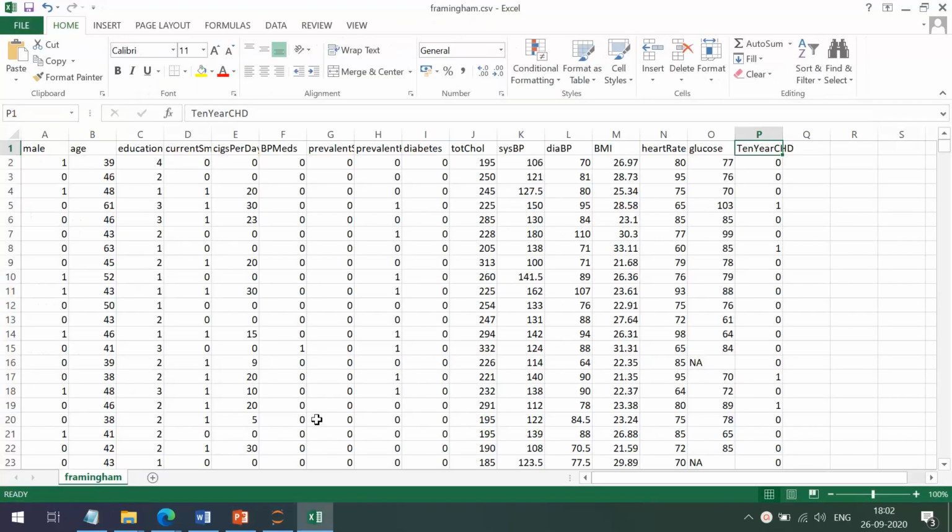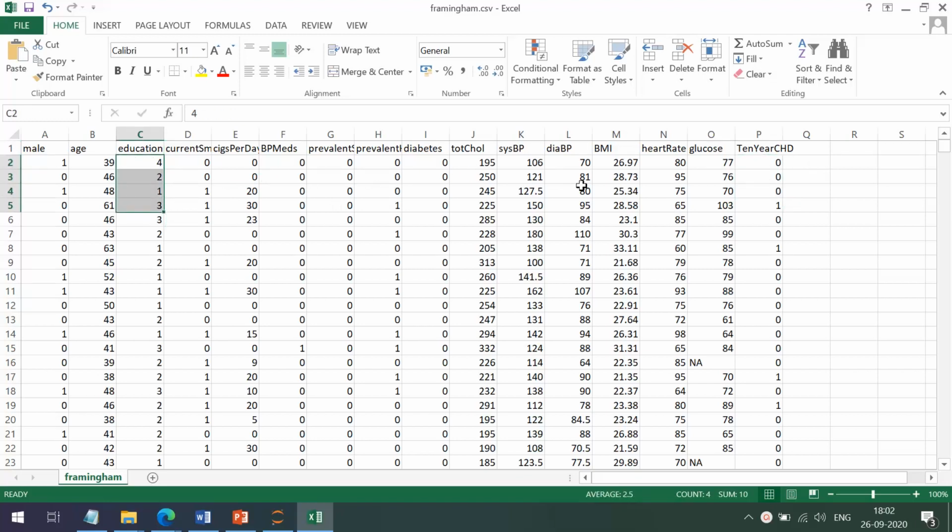Thank you. I missed one point that I wanted to discuss. Now we have a total of 16 attributes, and we want to predict the 10-year CHD value. These 15 attributes are not all necessary to predict this value. For example, education: this disease is not based on the education of that particular person.